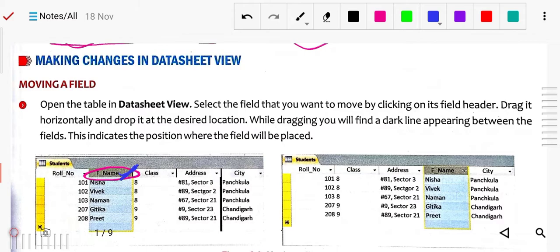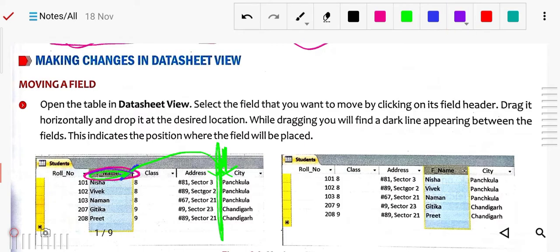Means horizontally you just have to click on this f name, it is written. Simply you have to click with the mouse cursor and drag to where you want to go. So suppose in between we want to place, so simply we will drag it here and we will release the mouse here in between, between address and city. Okay, what is the procedure?